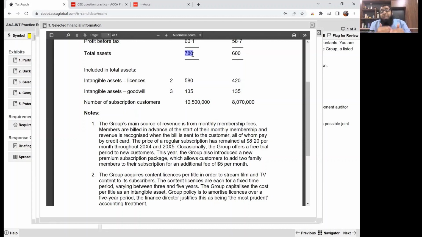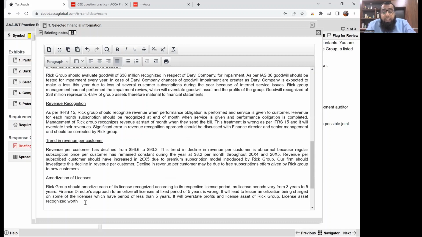If some student wants, he can calculate the estimated difference, but we are not given the breakup of the 3-year assets and the breakup of 5-year assets. So you can say recognized worth $580 million represents 74.3% of group assets, therefore material